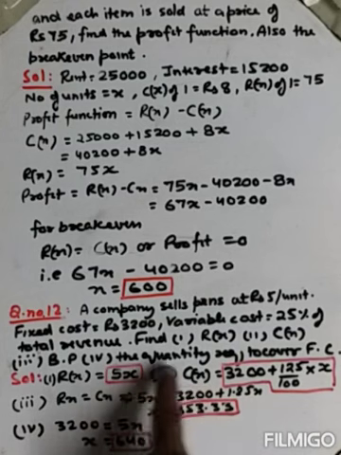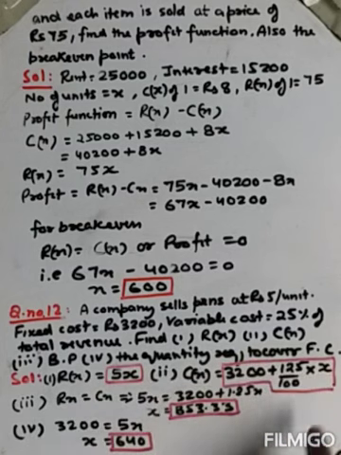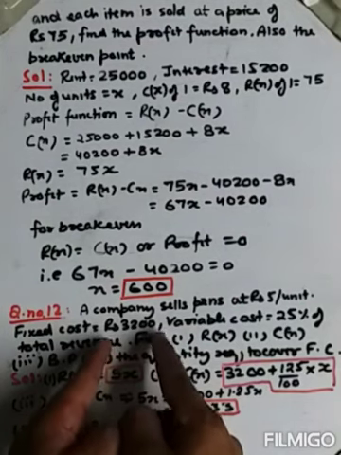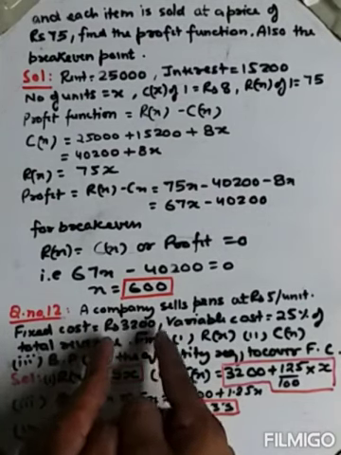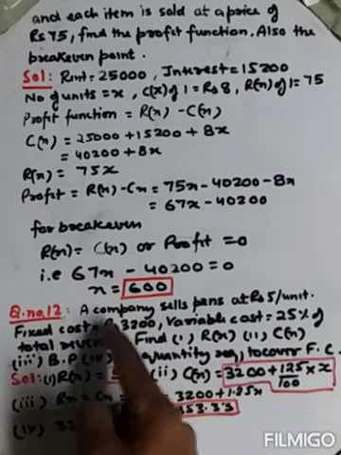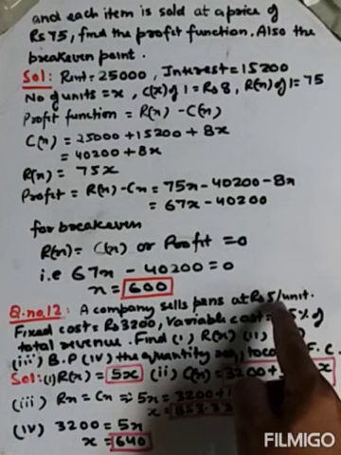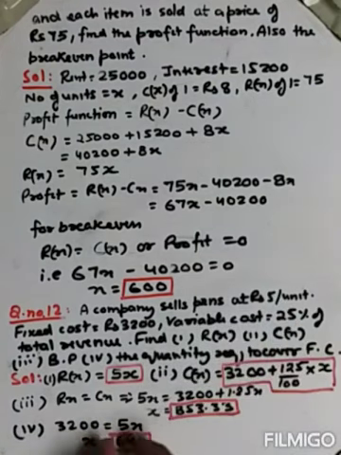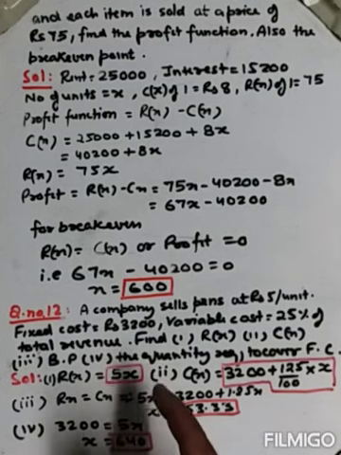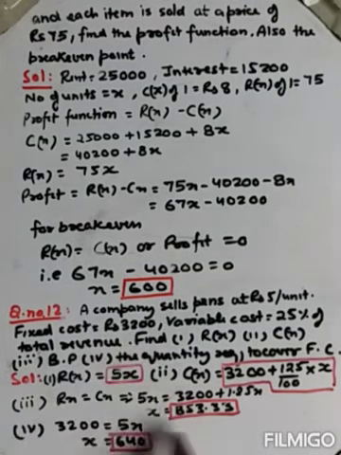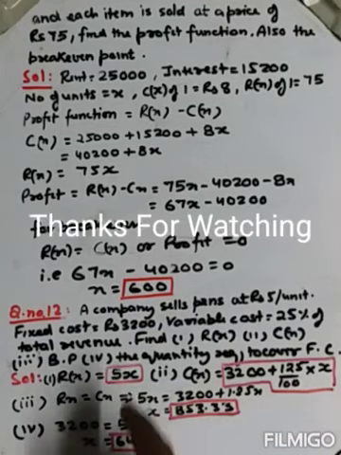So the fourth point, the quantity required to cover fixed cost. This cost, how many articles should we sell to get at least this much fixed cost? So for generating this value 3200, equate this value with the revenue function. Means one article was sold at this much, into number of articles. To generate this revenue, equate this value with the revenue function. So X is equal to 640, means if we sell 640 articles, then only we are able to recover the 3200 amount.